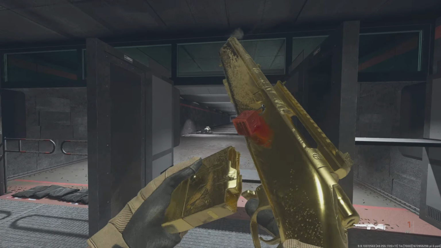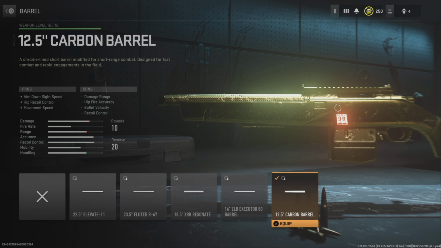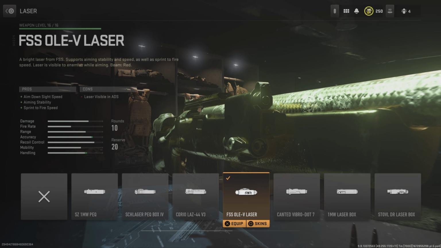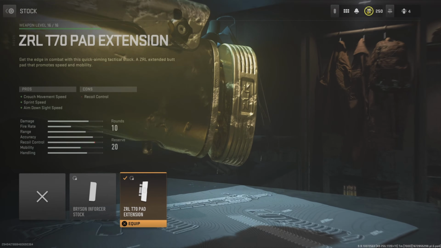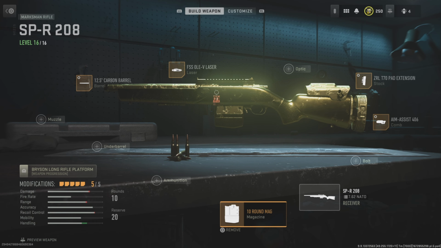The final weapon in today's video is the SPR. This is a very good sniper, one of my favorites for quick scoping. We're going to be using the carbon barrel to start off to increase the ADS time, then the laser for the increase in ADS and sprint to fire speed, the stock for the increased ADS, the comb for the increased